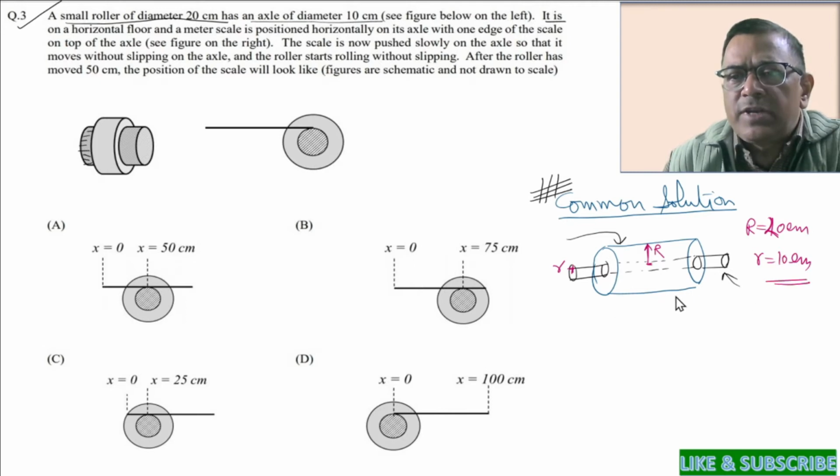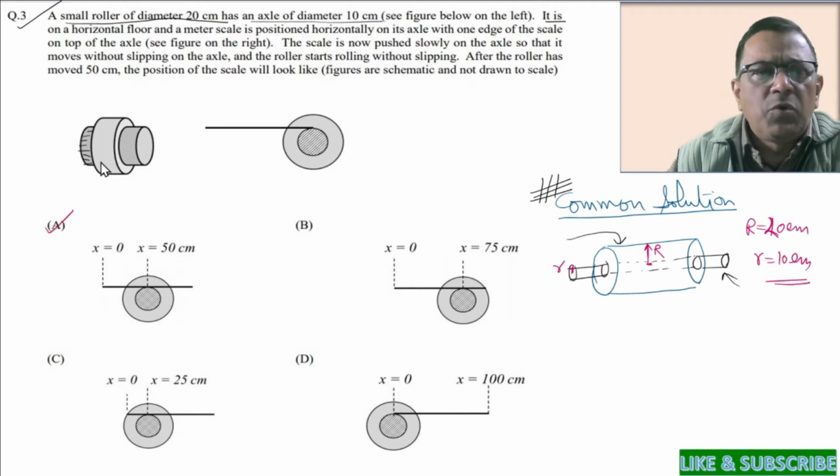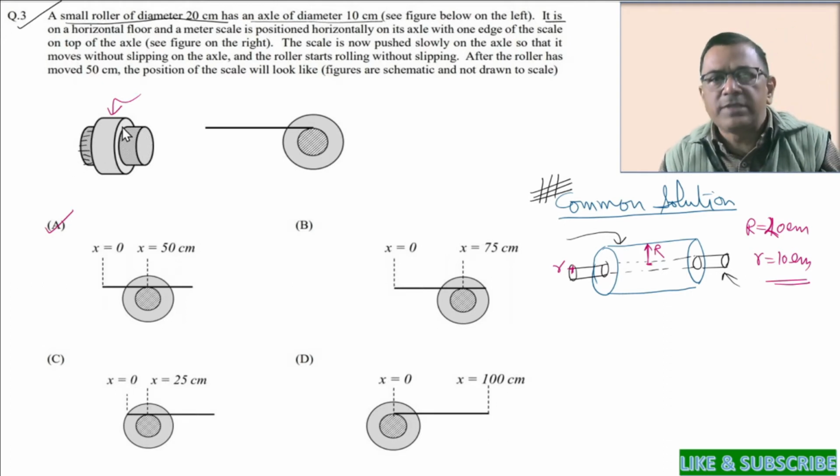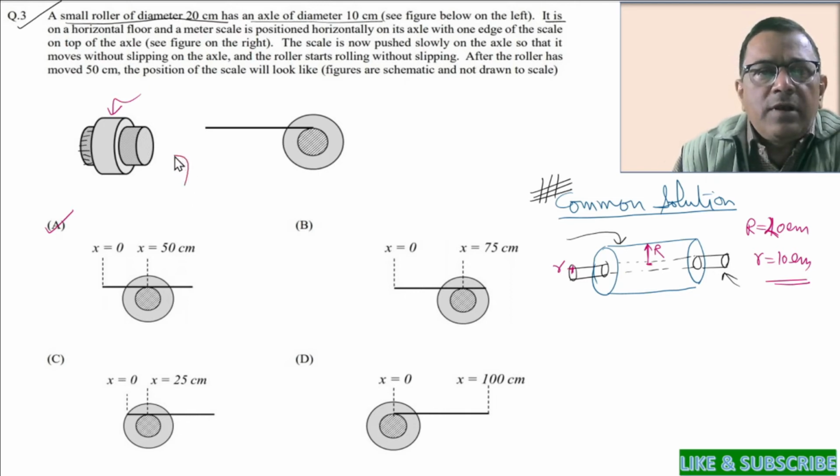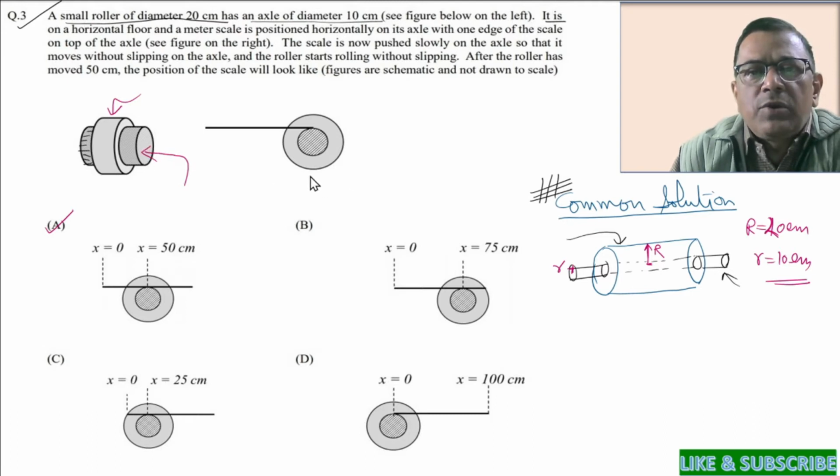The size of the roller is small, so figure A is all okay. So I guess now you understand. This is the roller and this happens to be the axle. The axle comes out from either side of the roller. Is it right? Now if you see this roller from this side, this is how it should look. So this is the front view of the roller when seen from this side.